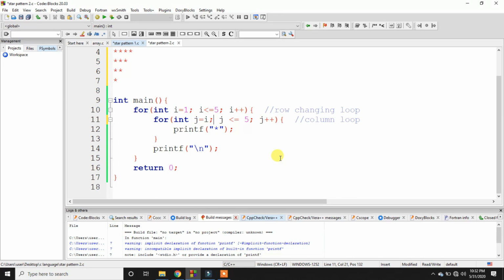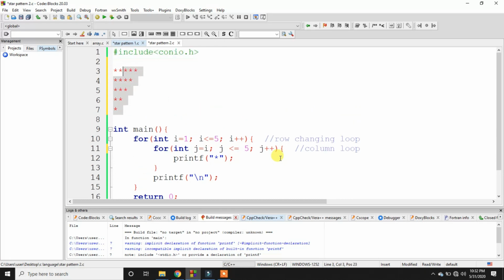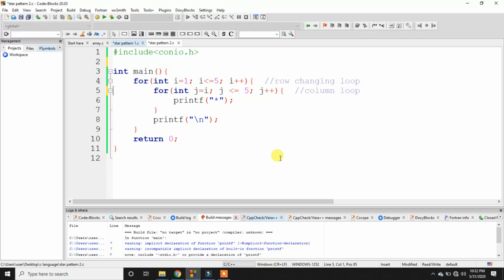So at first the 1 comes. Let me remove this first. So at first, when i comes 1, then in the second for loop, the inner for loop, j equals 1 and j is less than or equal to 5, yes. And when j is equal to 1, then this condition is true and it will print the star.